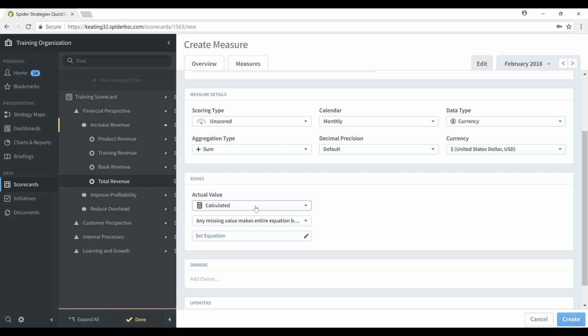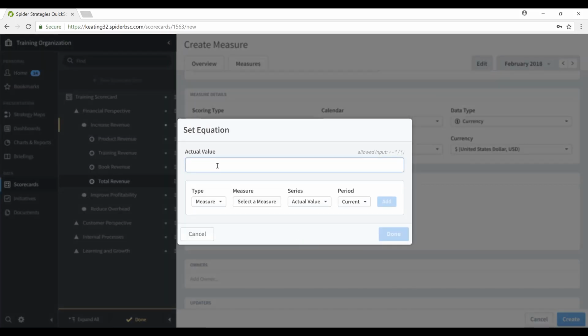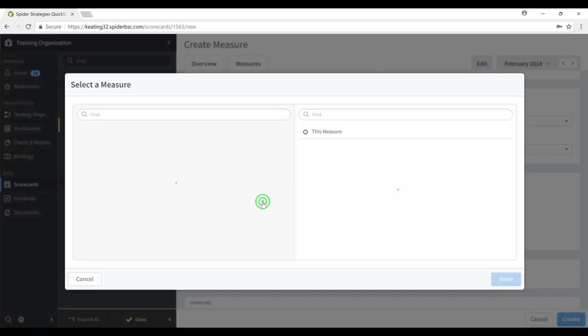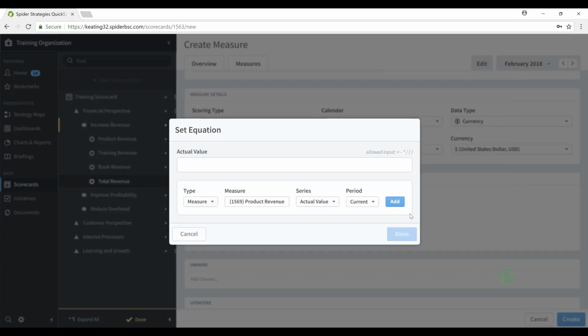If I select calculated as the type of measure under series, I can then click on set equation and proceed to define an equation for this measure. In this case, I'll be using existing measures. I'll navigate out under the measure dropdown into the financial perspective and open the increase revenue objective where we just recently created our new measures. I'll select product revenue as one element of the calculation. Under series, I'll verify that I do want to use its actual value for any given month, and